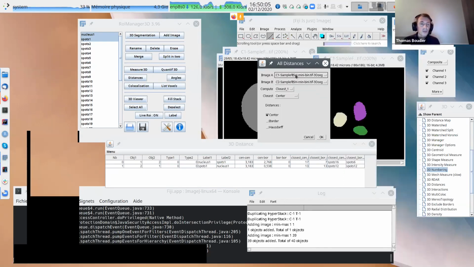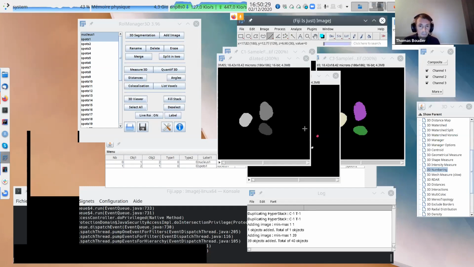You measure the distances between objects from image A to objects in image B, and you can compute only the closest object from object A in image A to image B, or all the distances. Then you also have more advanced distances like the Hausdorff distance, but it's mostly more or less the same.